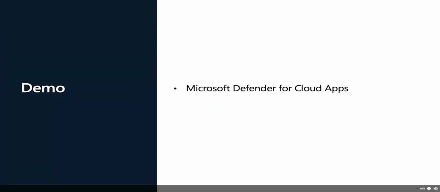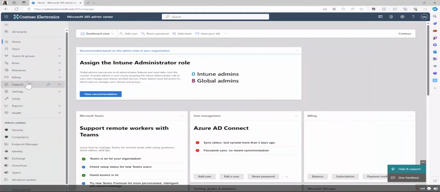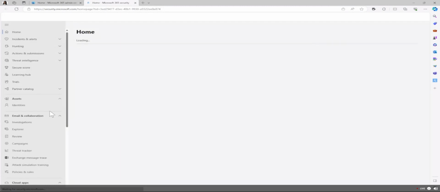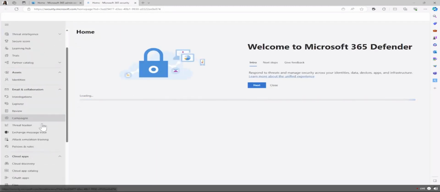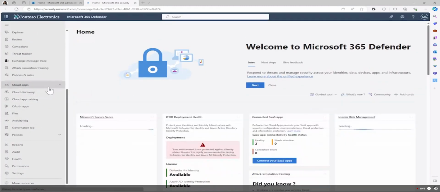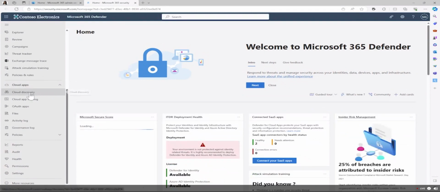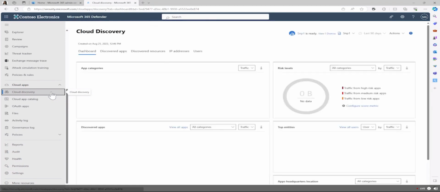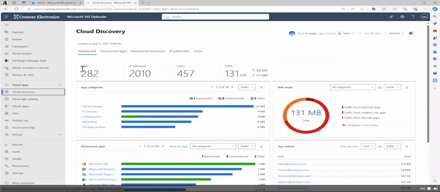Why not log into the portal and take a look at Microsoft Defender for Cloud Apps? First, let's connect to admin.microsoft.com. Once we access it, I go to show all, then to security, which redirects me to security.microsoft.com. I access the cloud apps, and inside it I have the cloud discovery. Accessing the cloud discovery, I can see my dashboard, and I have the apps, the IPs,